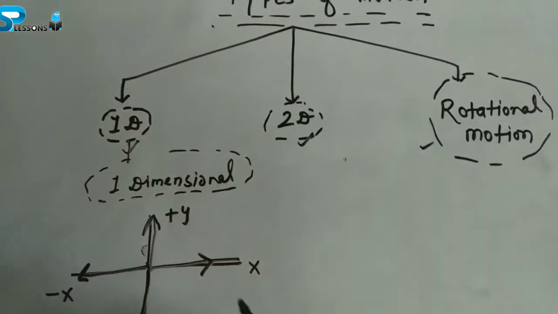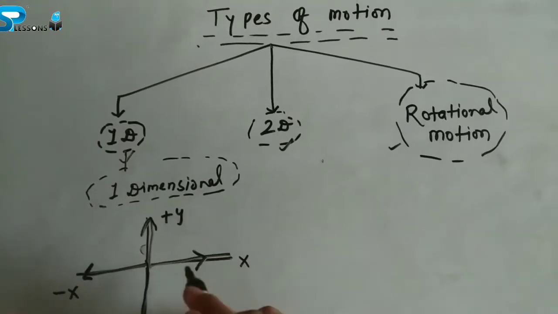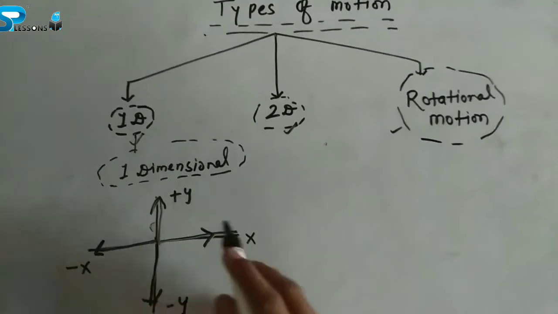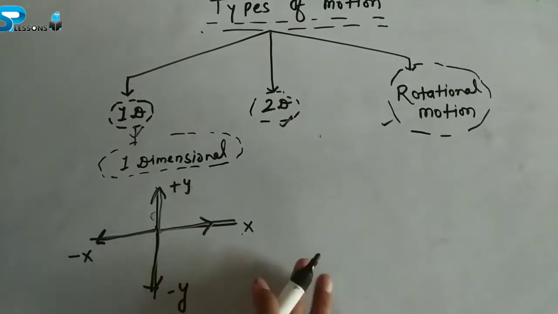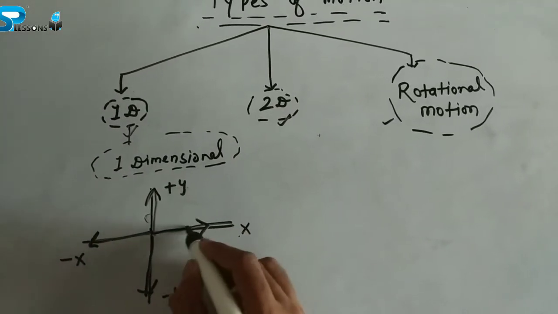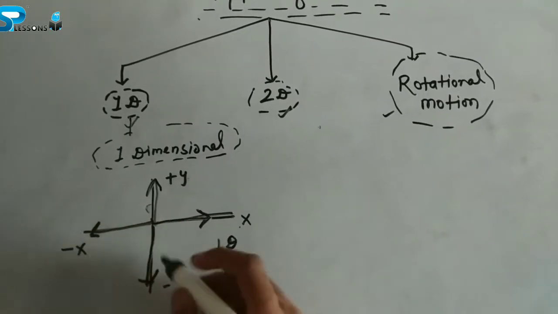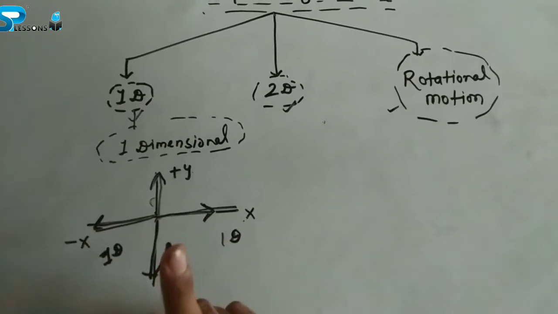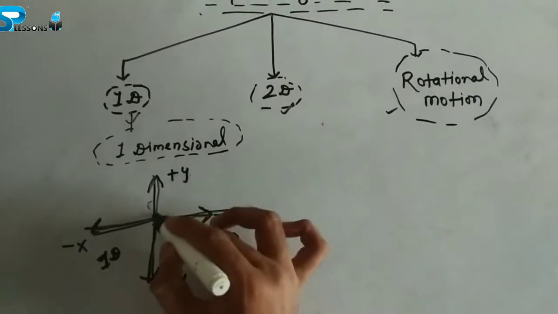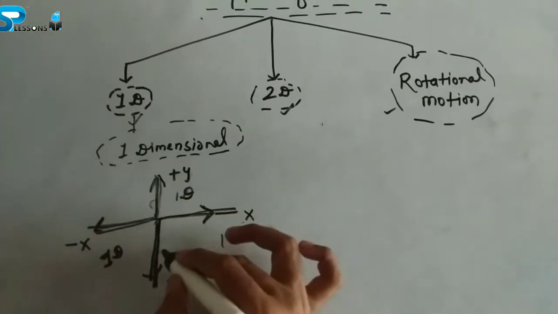1D means one-dimensional motion. It means the particle will move at one time in one direction. We know the graph has plus x axis, minus x axis, plus y and minus y. If the particle moves in the plus x axis, we say it is one-dimensional motion. Minus x axis is also called one-dimensional motion, at one time only in one direction. The plus y is also called one-dimensional motion, and minus y is also called one-dimensional